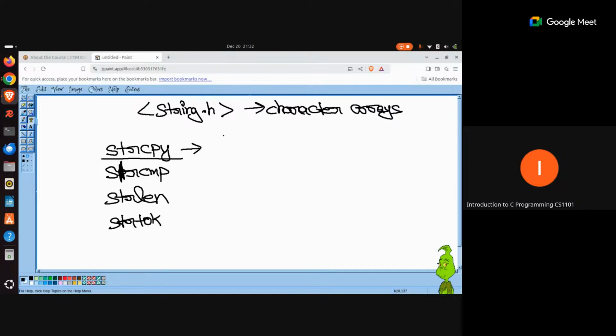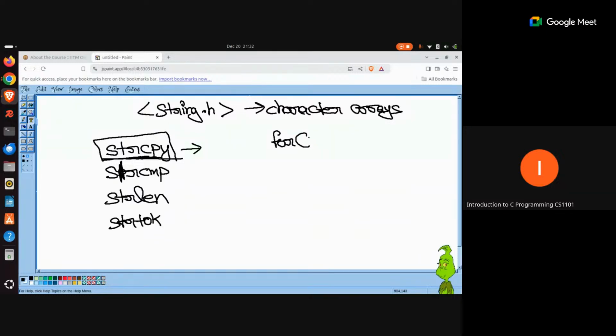Just like this, strcpy, for example, can help you copy a value from one string variable into another. If I give you a task where you have to accept a character array or a string from the user and copy that value into some other character array, and you don't have the strcpy function, you will have to write a loop.